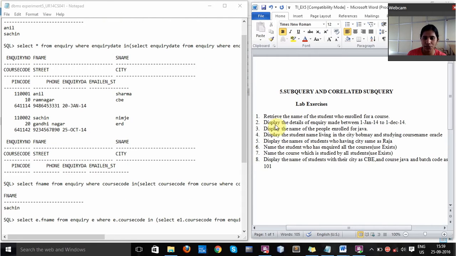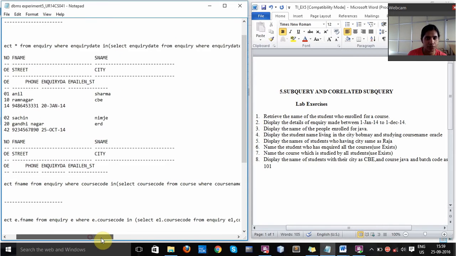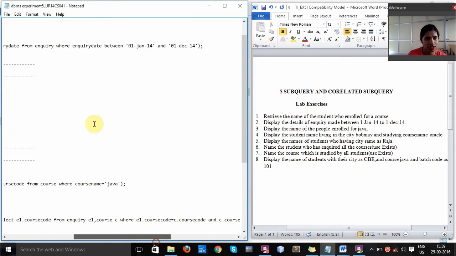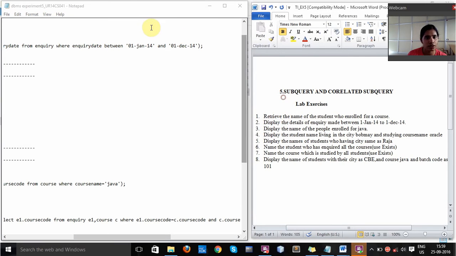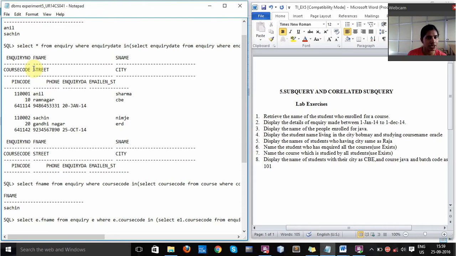For the second one, we are supposed to display the details of inquiry made between 1st Jan 14 to 1st December 14. Over here, my subquery is where inquiry date in, select inquiry date from inquiry where the inquiry date between 1st Jan and 1st December. As you can see, I have got my output and the dates lie between 1st Jan and